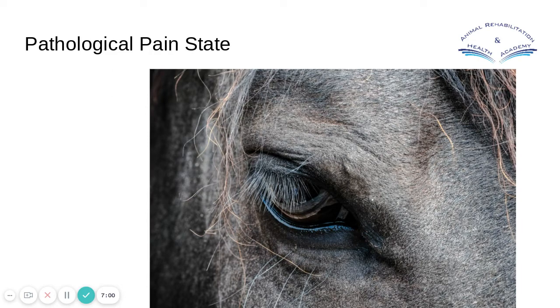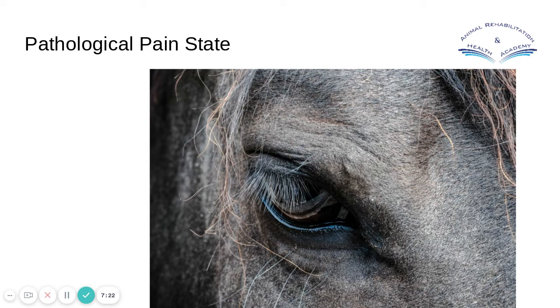Okay, so hopefully you've jotted down maybe a few ideas, and you've just had a little think about why there might be pain in the absence of tissue damage. My answer for this, I guess, is that it's important for us to understand that we can have a pathological pain state. So we can have a dysfunction of pain.